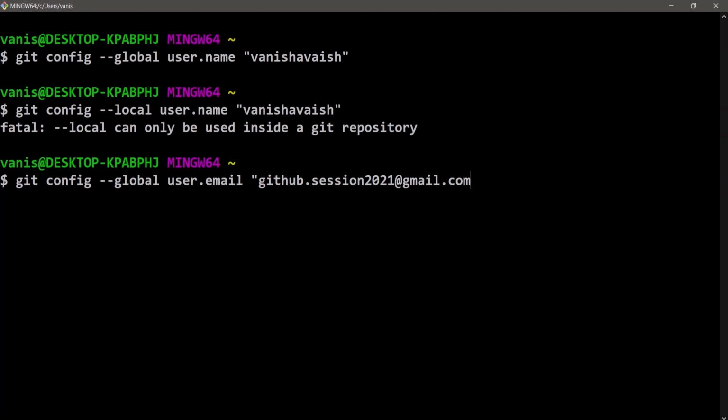Make sure to close the double quotes and enter. So my username and my user email have been set up for the commits. Now we can also set up an editor. To set up a different editor, if you wish to change the default editor, you need to run the following